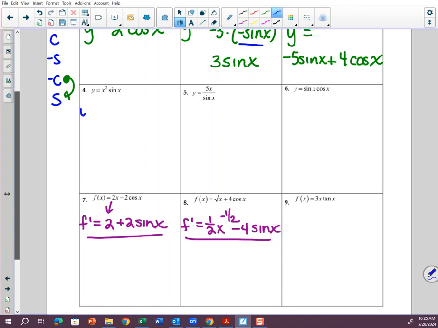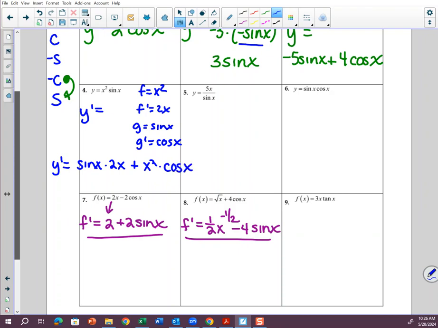For me on problem number 4, if f is x squared, then f prime is 2x. G is sine, so g prime would be cosine. So when I use my product rule, it's going to be sine of x times 2x. That's g f prime plus f, x squared,